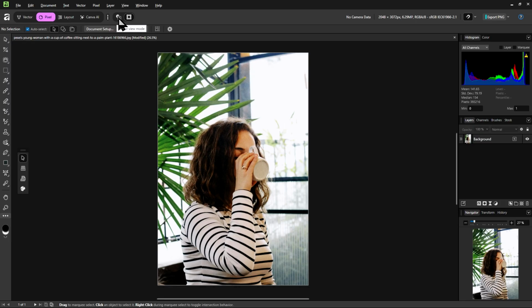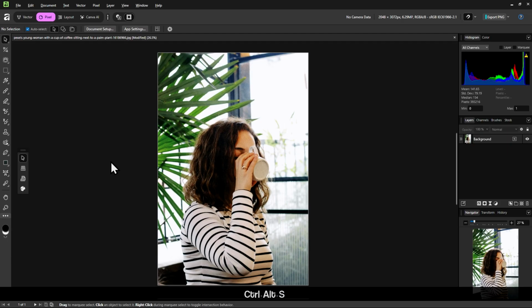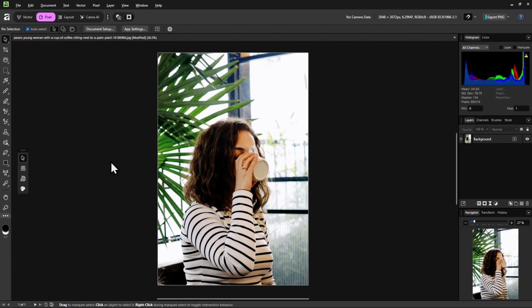This is Vector View Mode and Pixel View Mode. Since we are in the Pixel Studio, we will be using Pixel View Mode, so just make sure that is highlighted. Now, you might love to work on this image already, but we're actually going to do that in the next video. For now, I just want to make sure we are on the same page starting off this course.